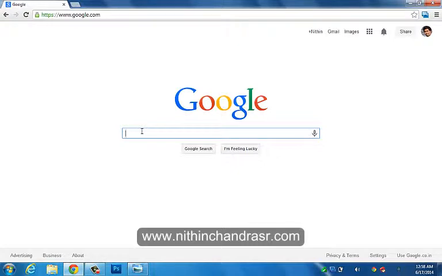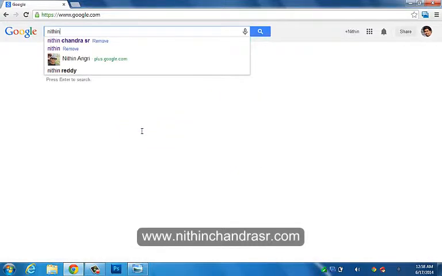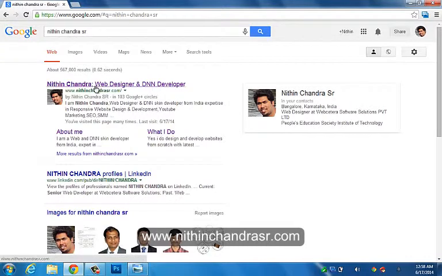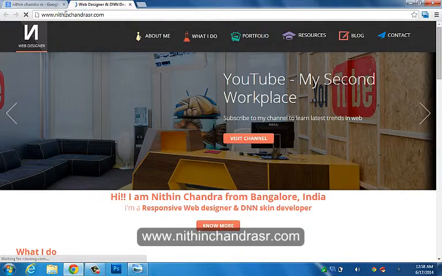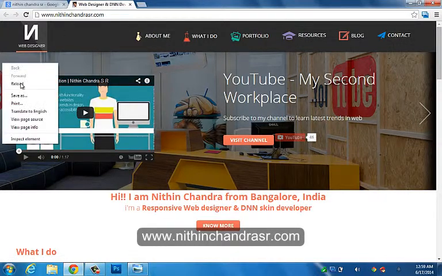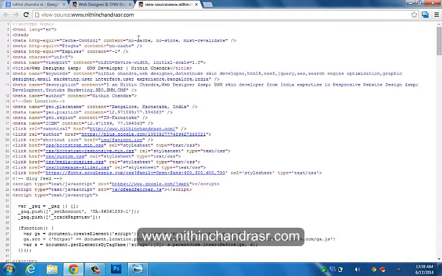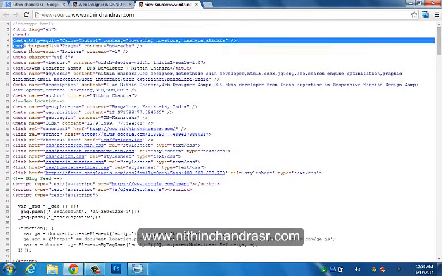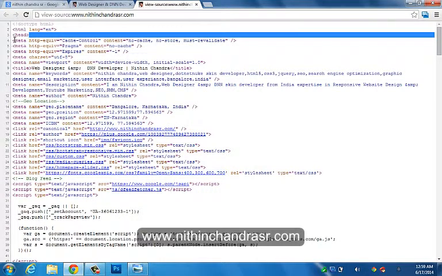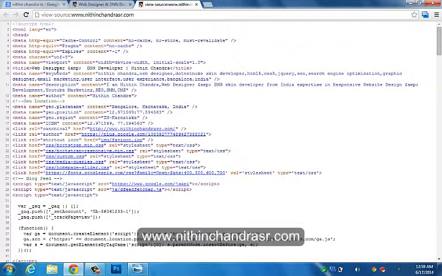I'll be demonstrating the meta tags using my website called nithinchandrasa.com. I'll land on www.nithinchandrasa.com and view the page source. You can see a lot of meta tags inserted below the head section. There's a head section over here, and there are many meta tags like meta description, meta keywords, meta geolocation meta tags, and